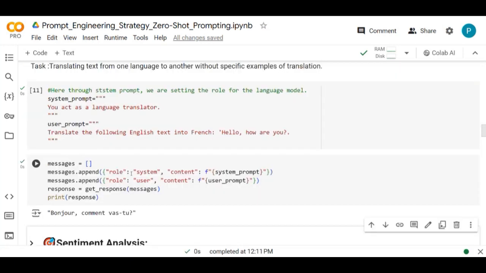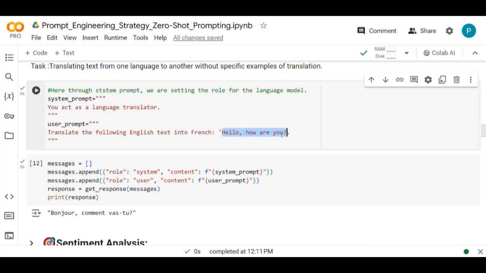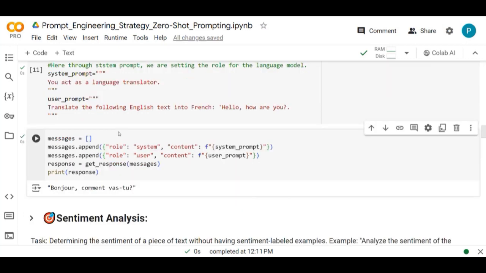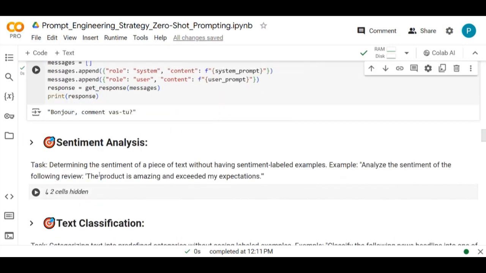So model is able to translate this sentence, hello, how are you, from English to French, very well. Now let us try to implement another use case, which is sentiment analysis. Here the idea is to determine the sentiment of a piece of text. And because we are dealing with zero-shot prompting, we are not going to provide any example to the language model,